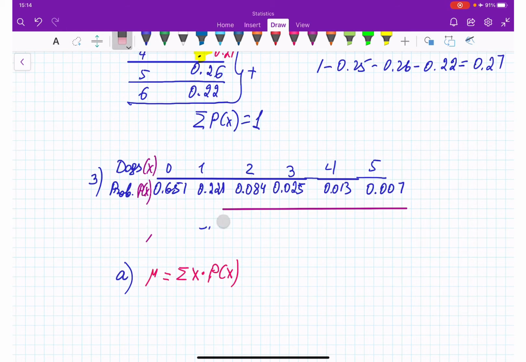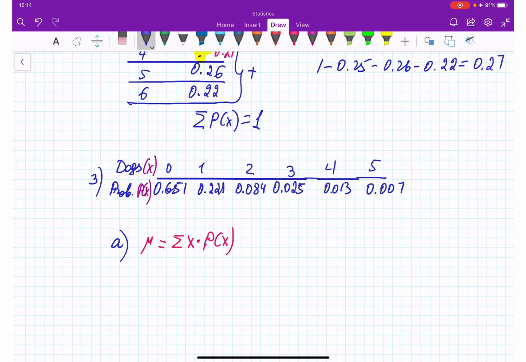Okay, I'll go through the formula. Not a big deal. So here we have 0 times 0.651 plus 1 times 0.221 plus 2 times 0.084,